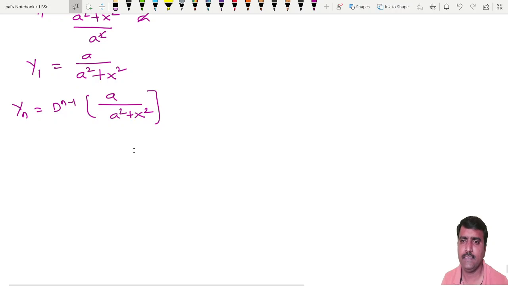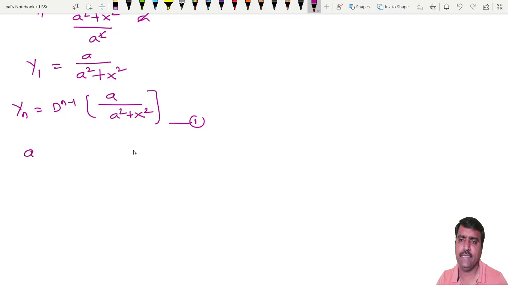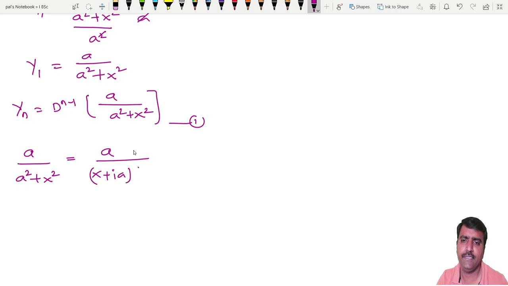Now you write this a by a square plus x square. a square plus x square can be written as x plus ia into x minus ia. I think you know the complex numbers. x plus ia into x minus ia